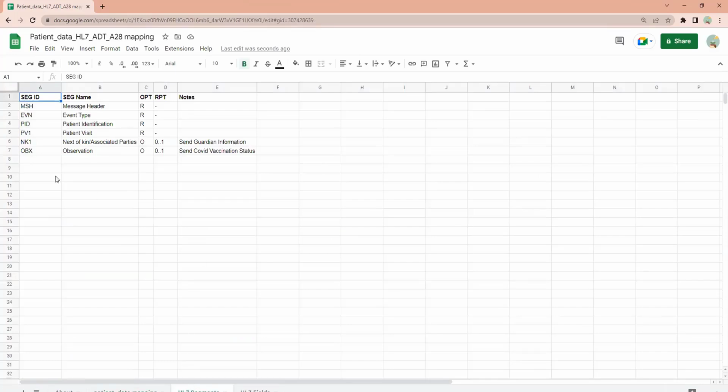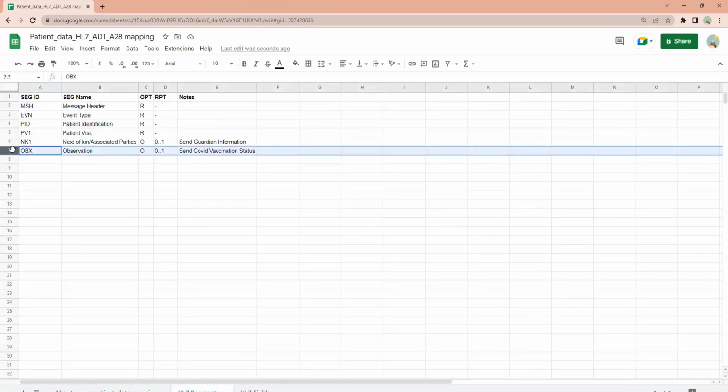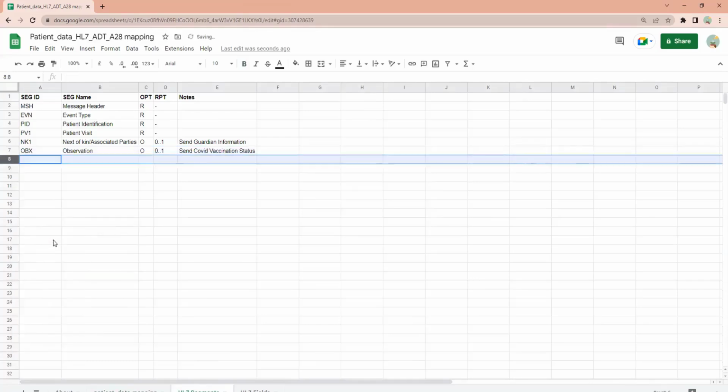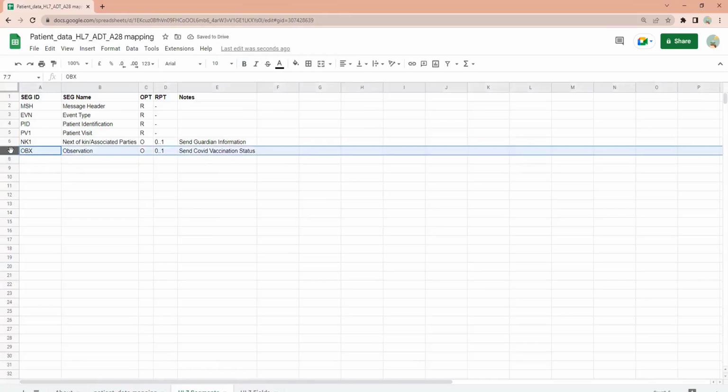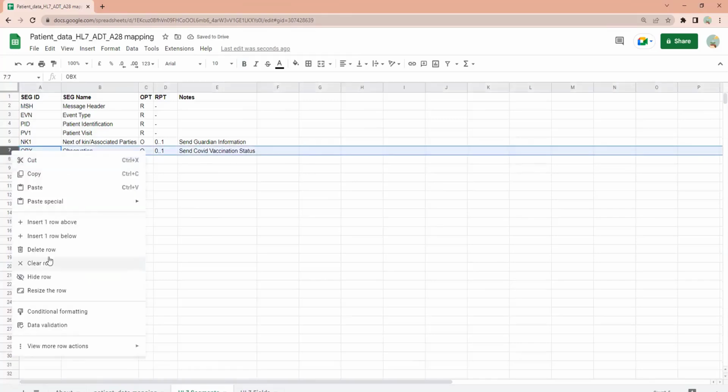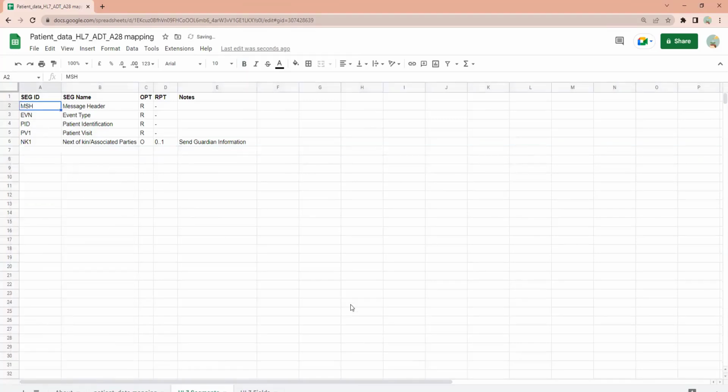Now using this information, let me remove this. I did not want to put this. We are not going to use the OBX segment. So data exists in the MSH, EVN, PID, PV1 and NK1 segments.